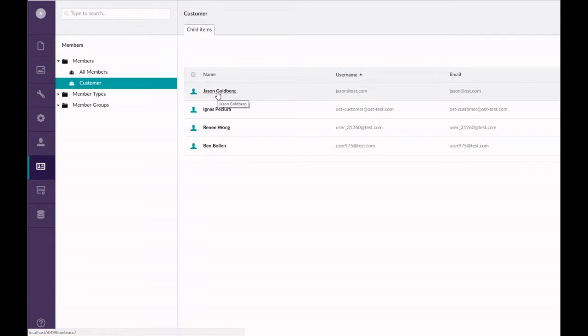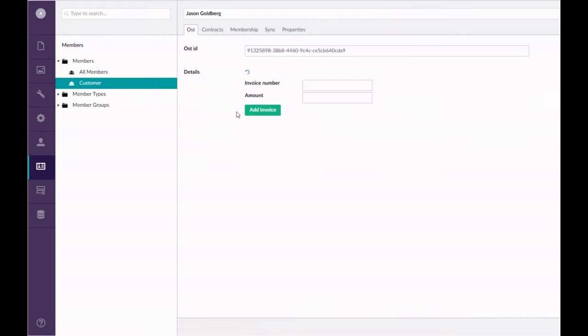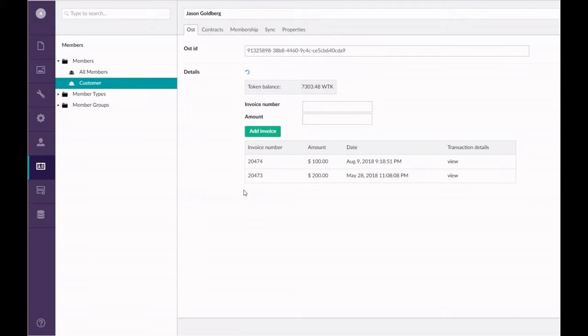Today we take a look at Jason. Jason has already bought wood tokens a few times, and just today he bought some more. So to register this in the system and exchange the US dollars for tokens, I'm going to input the invoice number and the bought amount here. So if we say this is a new invoice and he bought tokens for $100,